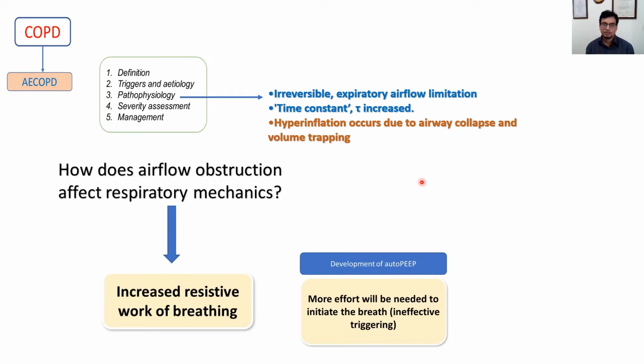So the inspiratory trigger workload will increase due to intrinsic PEEP. At the beginning of each inspiration, auto PEEP must first be overcome before air can flow in during spontaneous breathing, or to trigger the ventilator during assisted mechanical ventilation, that is triggered work. So work of breathing definitely increases, and that work of breathing is known as resistive work of breathing.